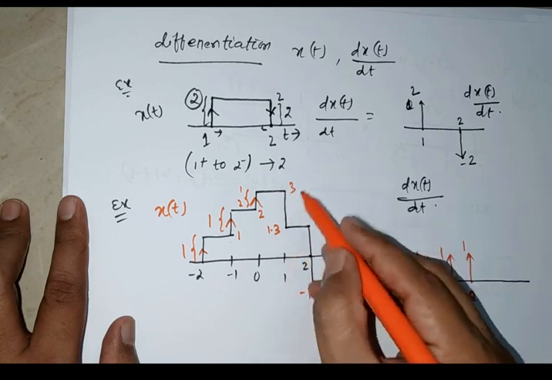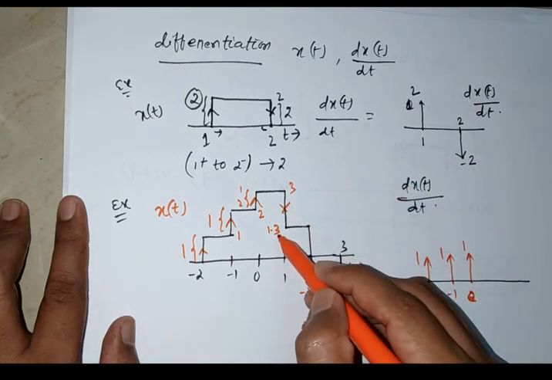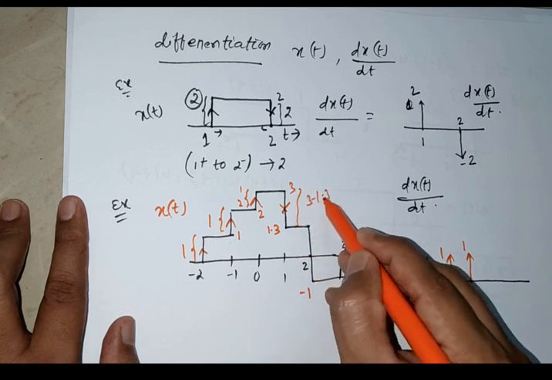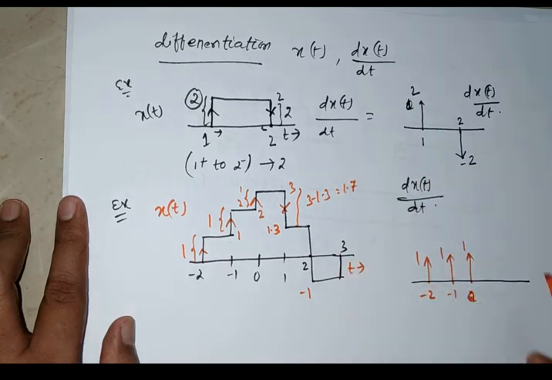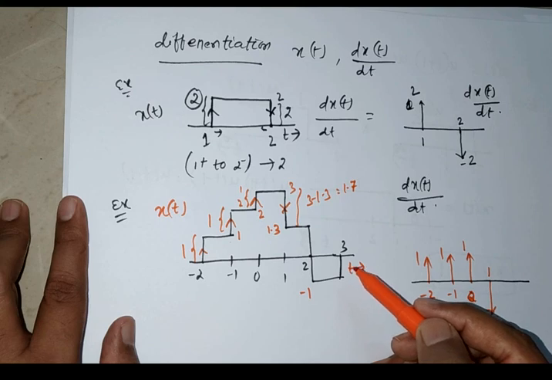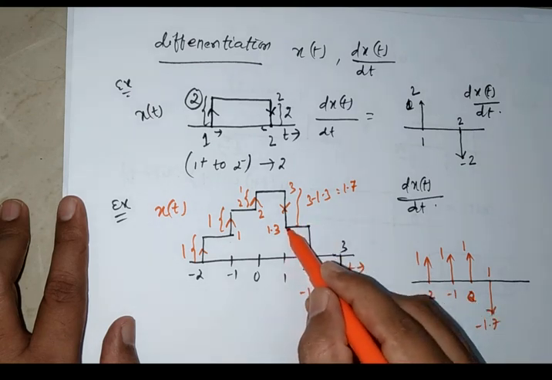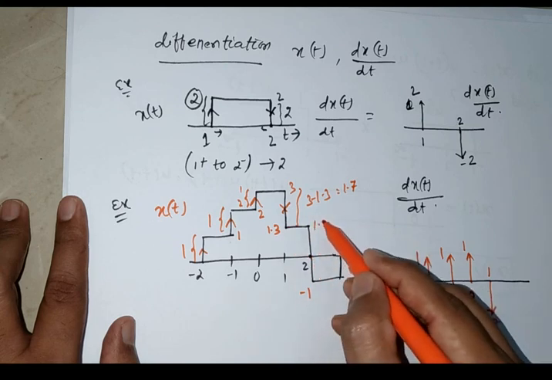Now exactly at 1, see in this figure it's moving down, and how much? This is 1.3 now. So what is the difference? 3 minus 1.3. So how much is it? It is 1.7 and it's moving down. So at 1 it is moving down and it is minus 1.7. Clear? Now after 1 up to 2 it is a fixed value 1.3. So differentiation is 0.